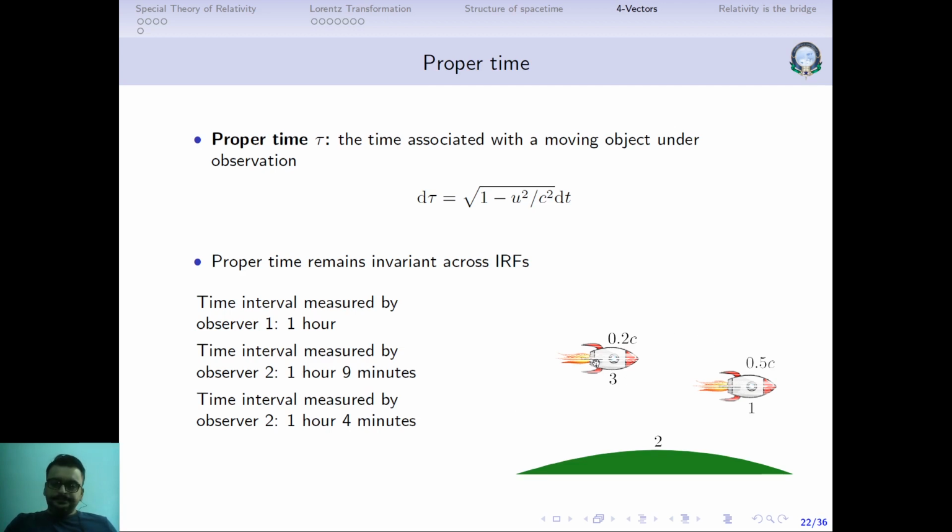Now later on, let's say all three of you are sitting in a cafe, comparing your results. You say, I have taken a nap for 1 hour. The second observer on the ground will say, but I saw you taking a nap for 1 hour 9 minutes, and the other friend will say, I saw you taking a nap for 1 hour 4 minutes. These two friends will not disagree with you, because all of you know the special theory of relativity. They know that the time you see is going to be 1 hour, and that they are getting more than 1 hour because of time dilation. All three of you actually know that.